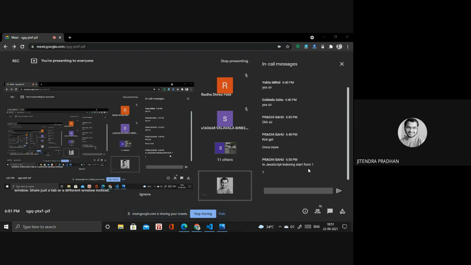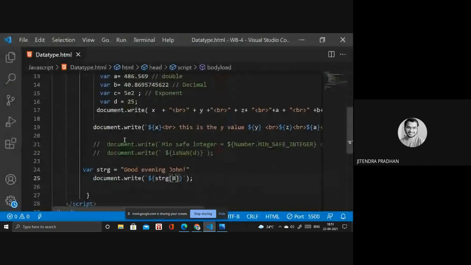Likewise, if you write a string or a number, every character has a particular memory space, and we call that space an index. It starts from index zero. So g is at place zero, o is at place one, the second o is at place two, and d is at place three, and a space is also counted.